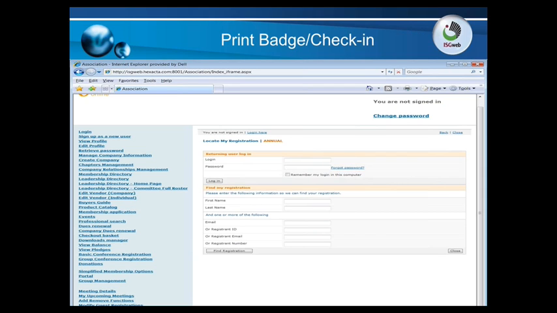One thing I do want to mention, the edit registration functionality, which is pretty new with ISG Web, is currently available, and it's a part of the meeting setup and registration module. So it's not a separate module. If you were looking at ISG Web and purchased the meeting setup and registration module, it would be available to